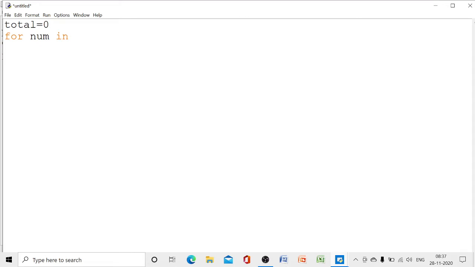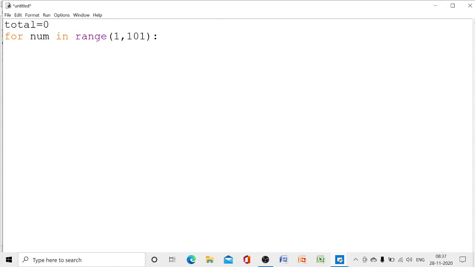So for number in range, here we are going to give a range of numbers, that is, for which numbers we are going to find the square value. So for number in range 1 to 101. This is the range of values that we are going to provide.